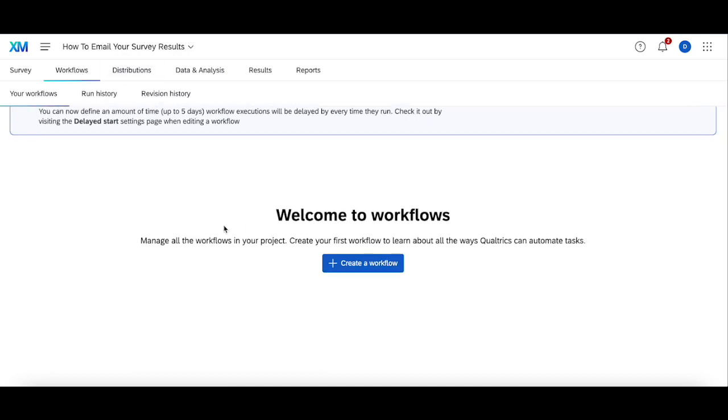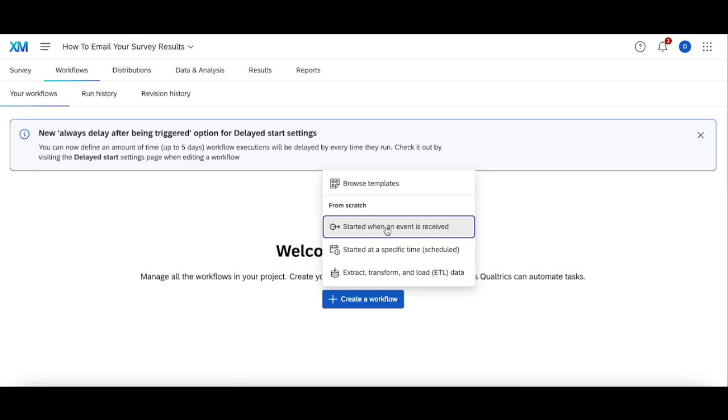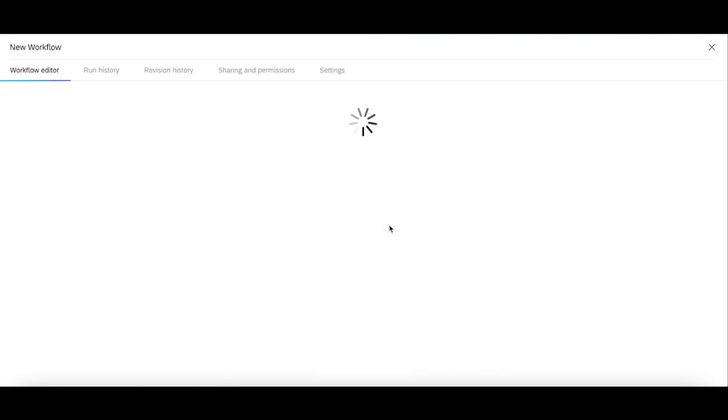All right, perfect. So I'm assuming you watched that previous video, but if not, we'll do a very quick recap on what workflows are. Basically, in a nutshell, workflows are certain actions that are triggered based on certain responses in the survey. So in this case, you can trigger this workflow when an event is received, at a specific time, or when some sort of data load happens. For this situation, we're going to go when an event is received,